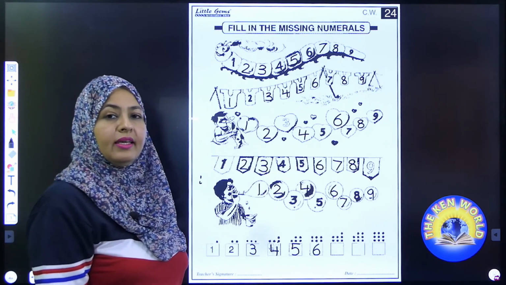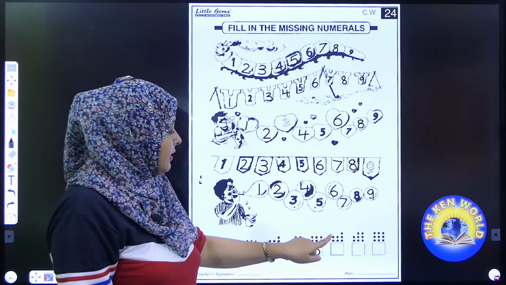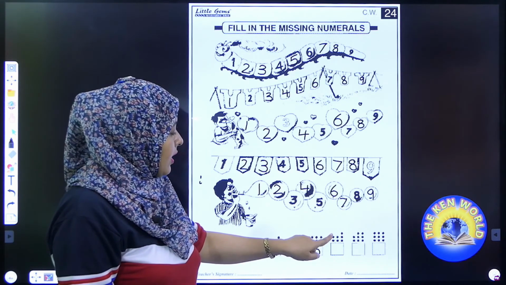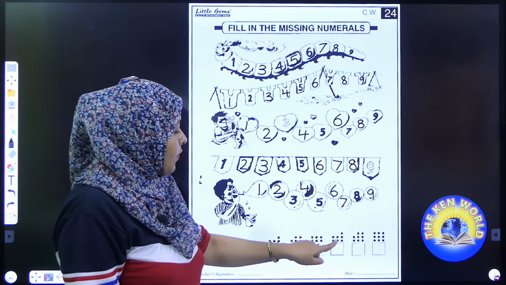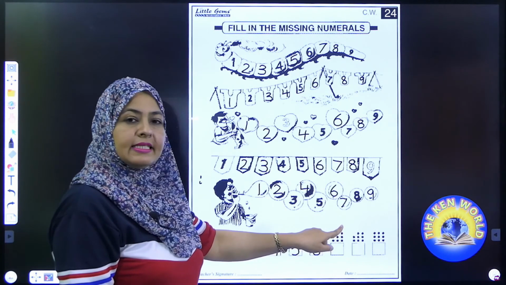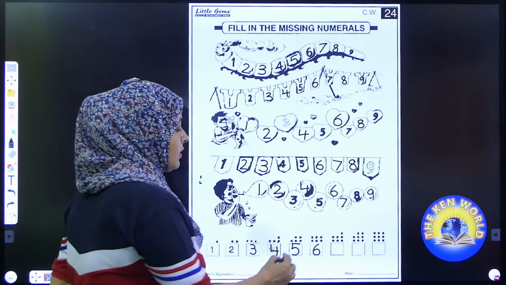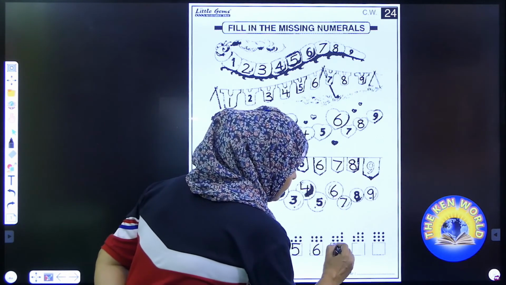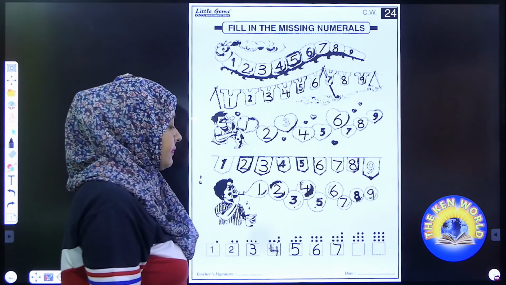Are you enjoying? Yes? Now move forward. Now count with me. 1, 2, 3, 4, 5, 6, 7. Here we have 7 dots. So you will write 7 in the given box.